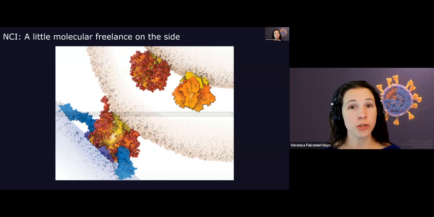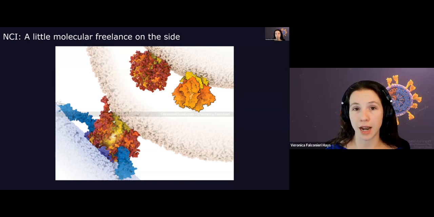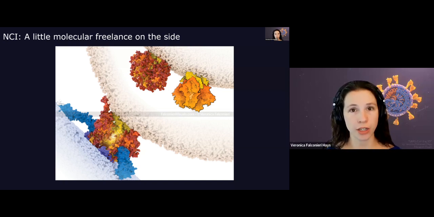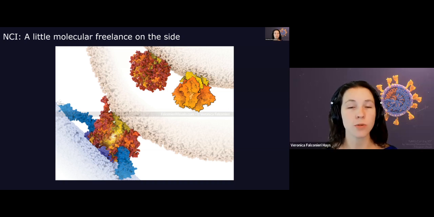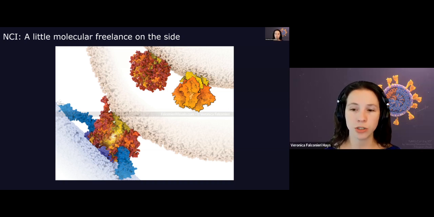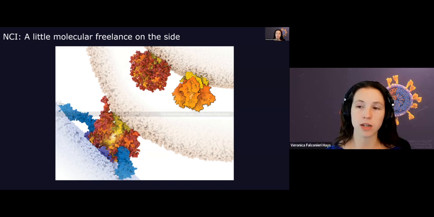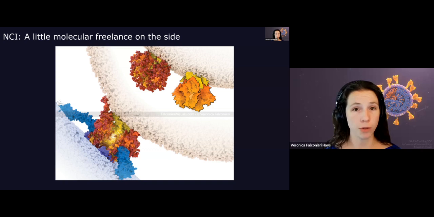At the same time, I started to do a little bit of freelance work on the side while I was at the NCI. So this was actually my first illustration for Scientific American, which is a publication here in the US that is for more general audiences, but they have articles about scientific topics. And this one was about HIV. And this illustration was showing how HIV has a spike on its surface and it connects to immune cells. So I was using structures from the Protein Data Bank to show that spike, to show the different pieces, and to show the receptors on the immune cell surface that it attached to.